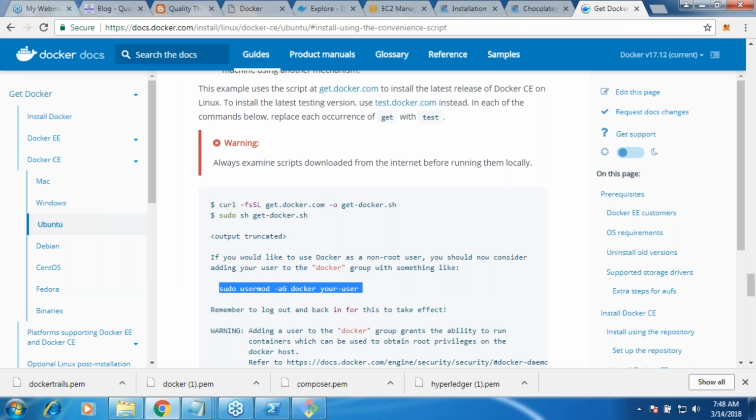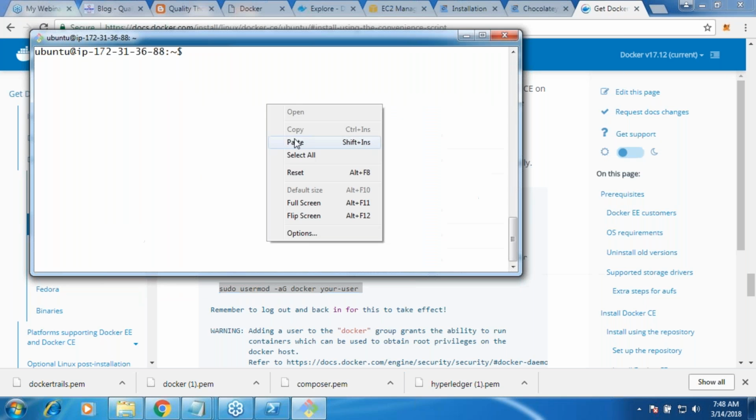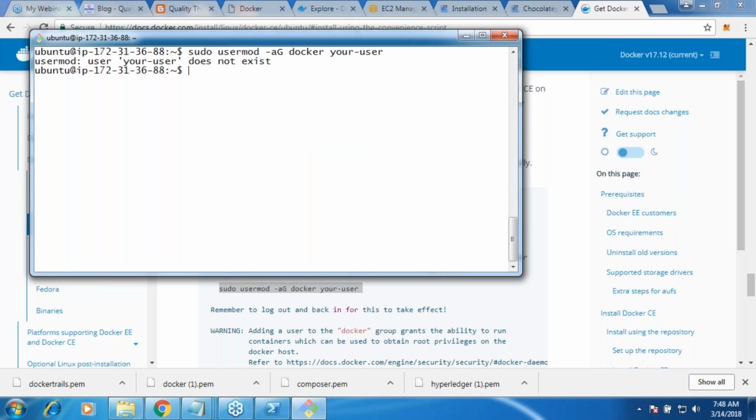Here, your user has to be replaced with whatever user you are running. In my case, I am running with a user called Ubuntu, so I'll be giving this. Otherwise, I have to always become a root user to run Docker. Are we getting the whole point? Yes. Now let me execute the command docker info.